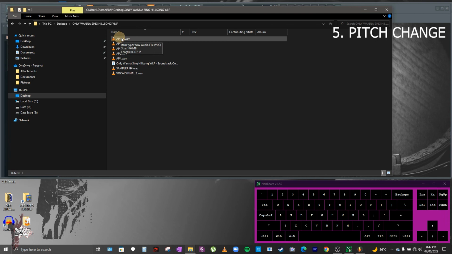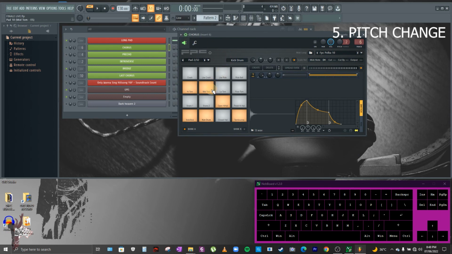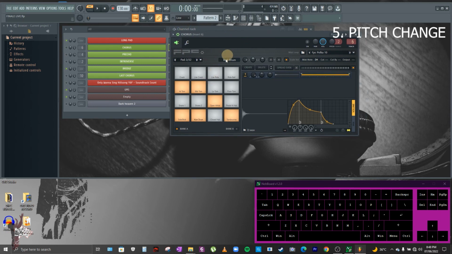So since it's already here, what you need to do again is route each one of these into the FPC channel again. So you need to go to the first part of the video tutorial, which is in the link description below, for you to know how to route this in the FPC channel. So just delete what you need to. You don't need to delete everything, but you can delete it individually here. For example, this one, just delete. You can delete through here. Once it's deleted, you can drag and drop that sound again into this pad.